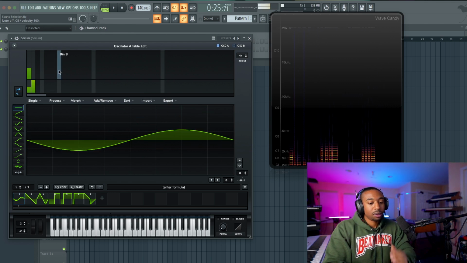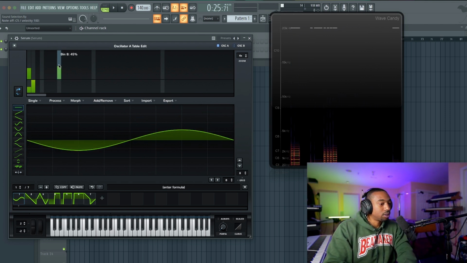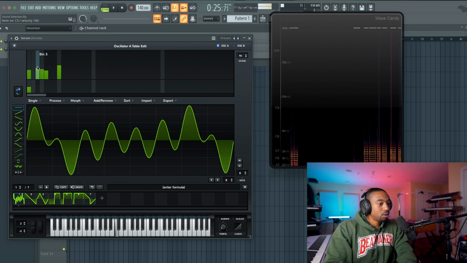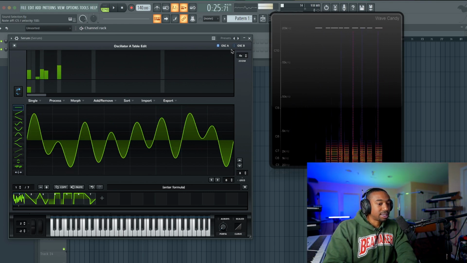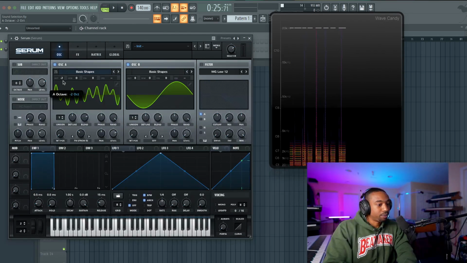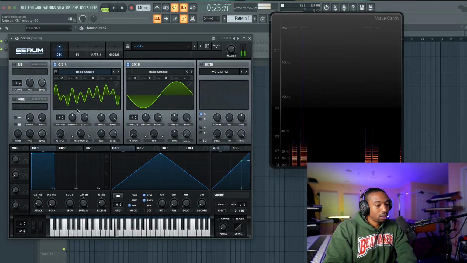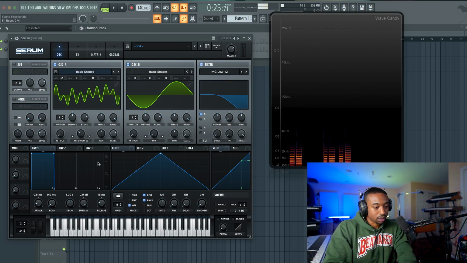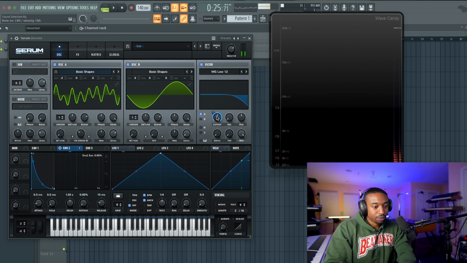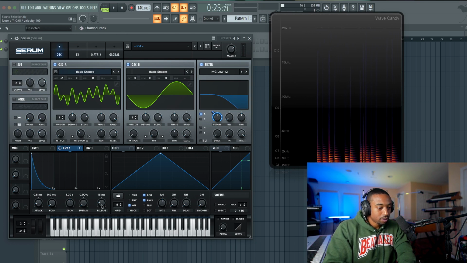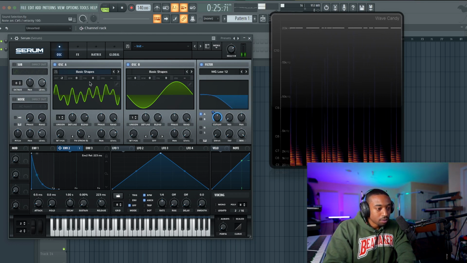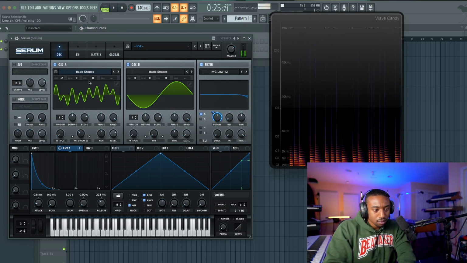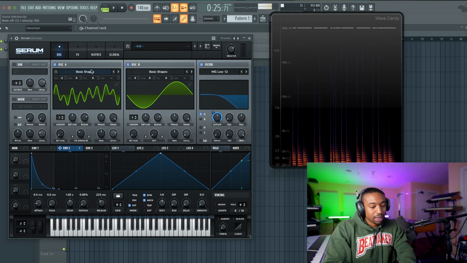Okay, so when you stack them up, it's like building a chord within a sound. But this is how we can create that West Coast bass. Then you would have a filter cutoff and give an envelope to this. I didn't come here to sound design. And that's why it sounds so full.